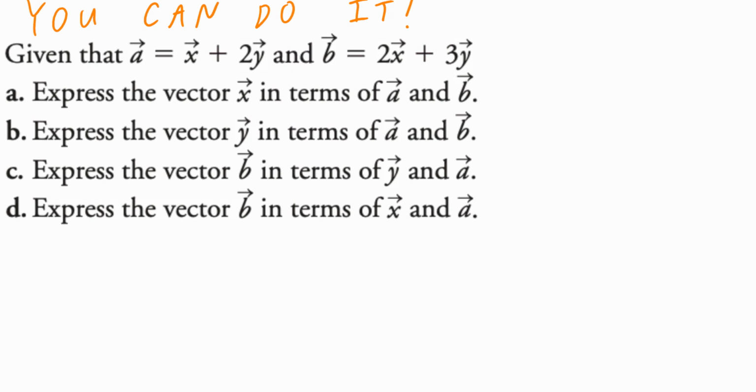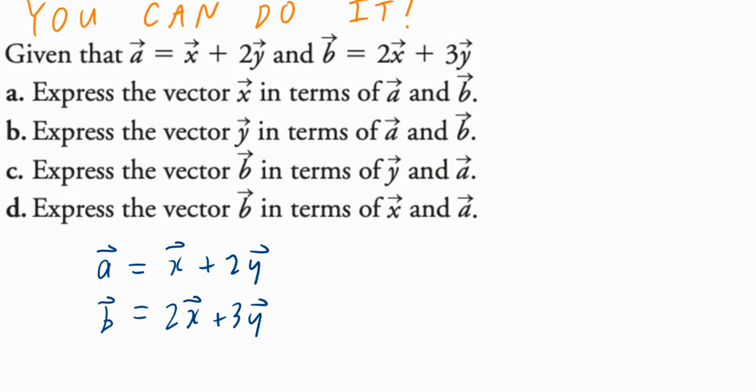Step number 1, copy the given. Vector A equals vector x plus 2 times vector y. Underneath, copy vector B equals 2 times vector x plus 3 times vector y. In order to isolate for vector x in terms of vector A and vector B, we need to eliminate vector